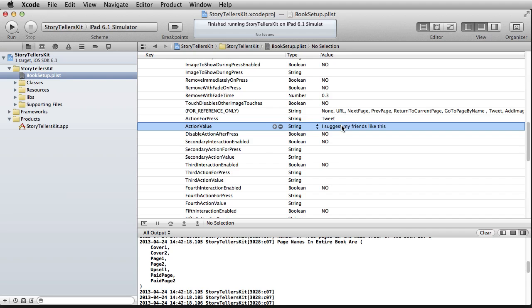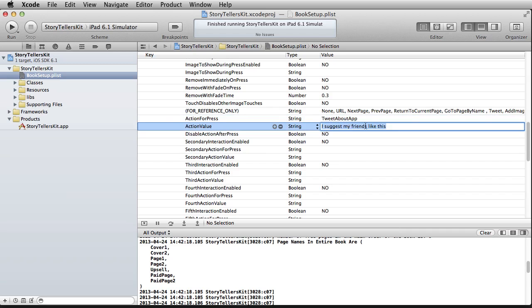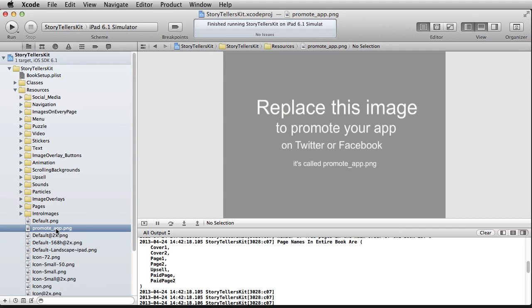And then you can also do this, as of version 1.6, tweet about app, in which case you can still put in here your suggested text, but the app is also going to include a URL to your app in the store, which I'll talk about in a second, and it's also going to include a file called promote_app.png,